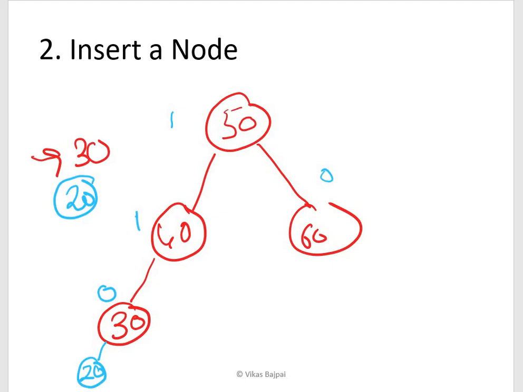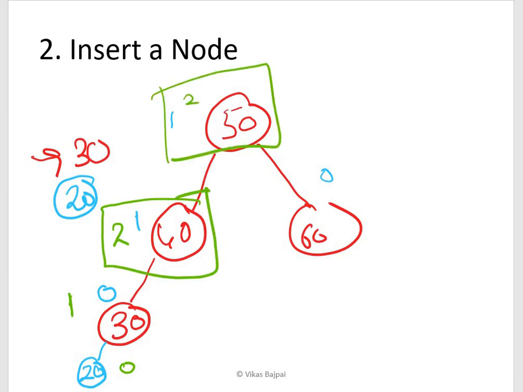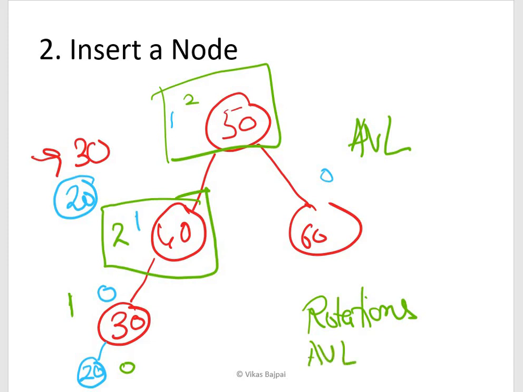Now the new values for the balance factor will be: this becomes 0, this becomes 1, and this becomes 2, which is not acceptable, and once again this becomes 2, this is also not acceptable in case of AVL trees. For that sake, I need to go for something called rotations. These rotations you will find in case of AVL trees. These rotations you will find in case of RB trees, which are your red black trees.